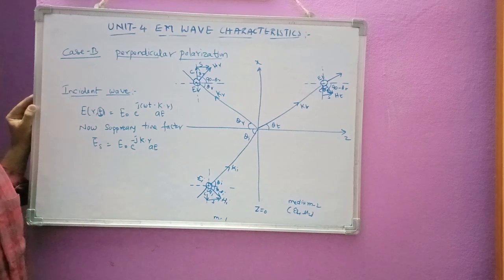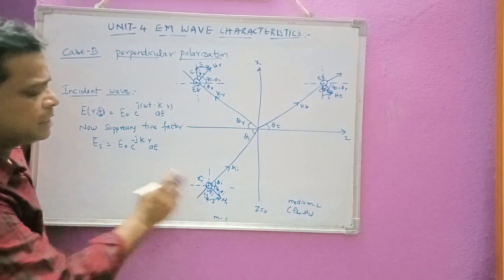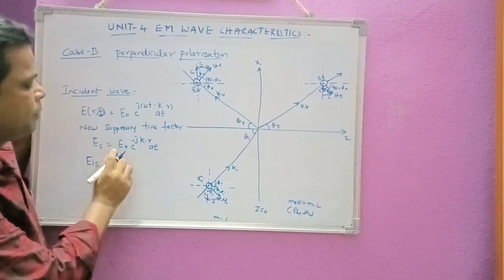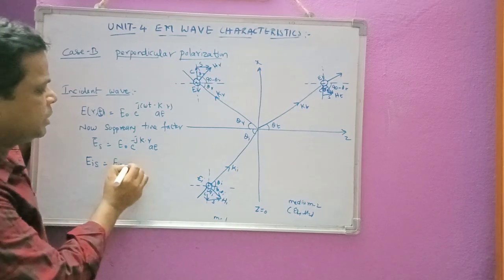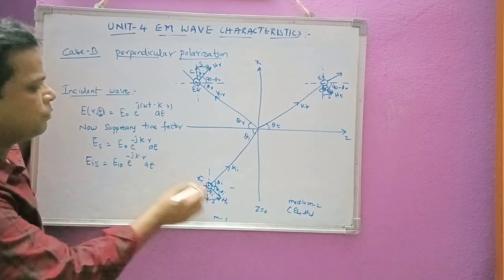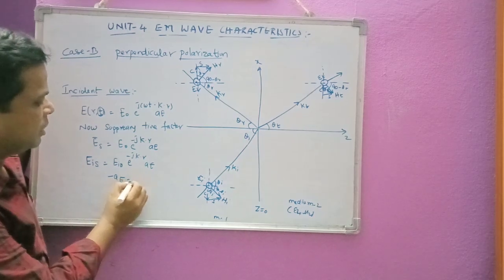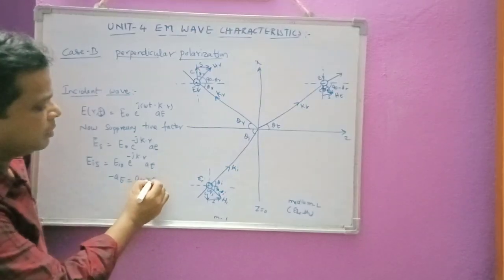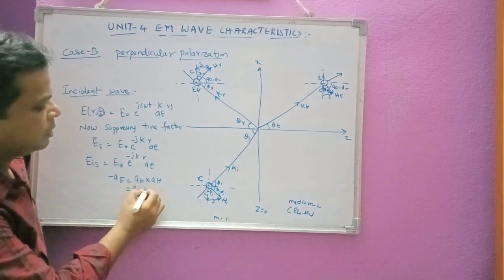Now I have to write this equation for the incident electric field here. So I can write EI of S, it will become EI naught, because it is the incident electric field, into e power minus j k dot r and into aE. Now I have to find the direction of aE. So I can find the direction of aE by using the general expression we have seen in the third unit, that is minus aE into aK cross aH. aK is the direction of propagation, aK is aZ here, cross aH.